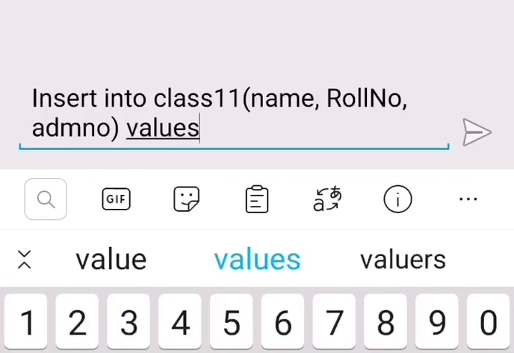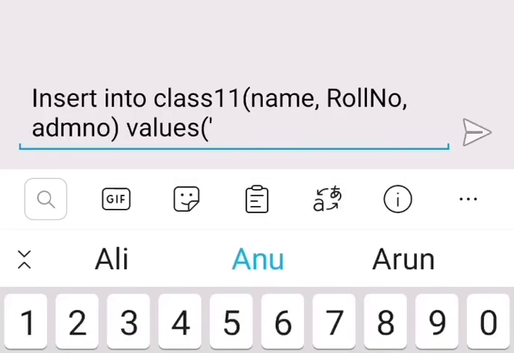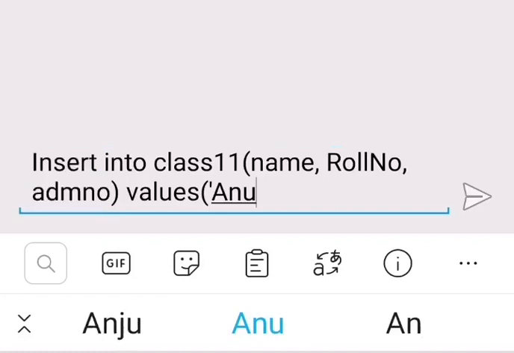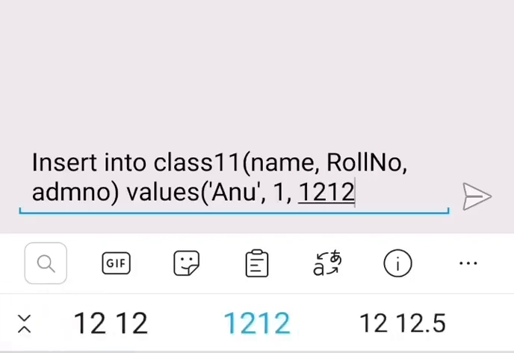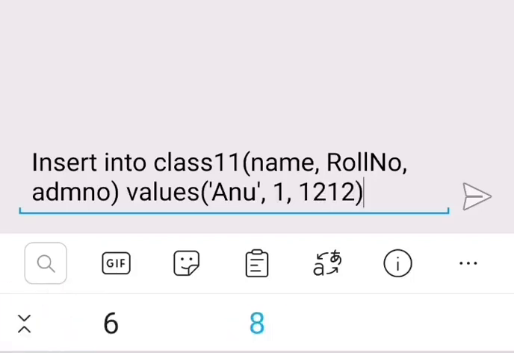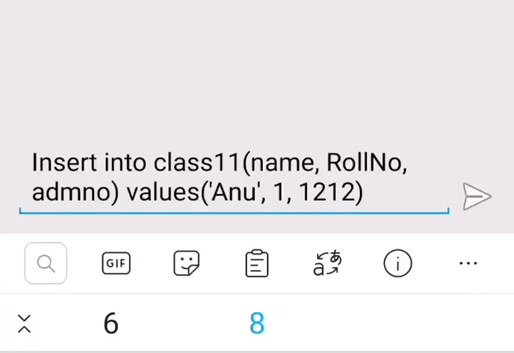Values, we have to type the name within single inverted commas. Roll number 1 and admission number 1212. Close the bracket. Put semicolon and then click on the arrow.